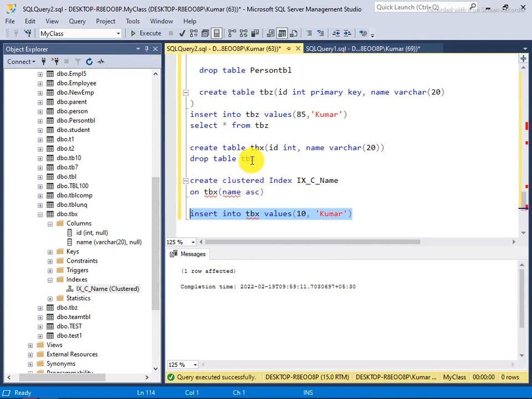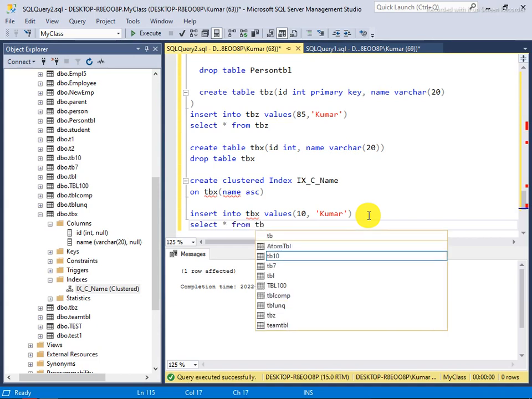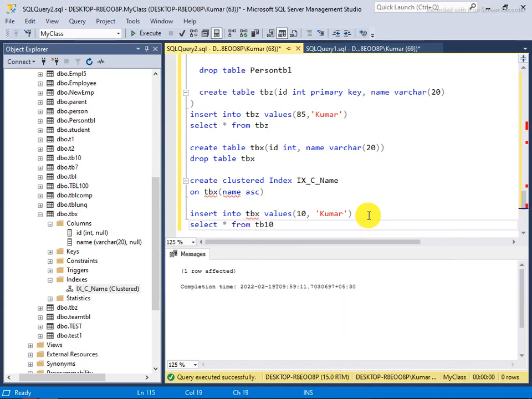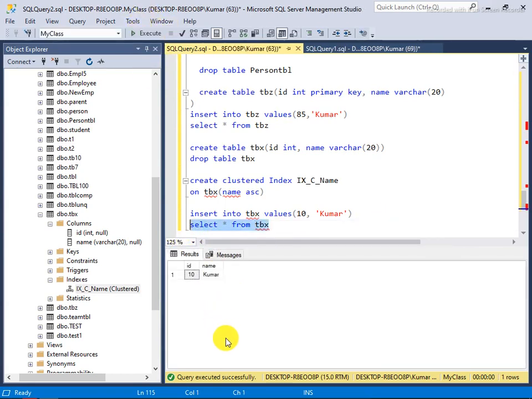Now the value has been inserted. Select star from tbx. Select here. Now see here, and again I say Aman.